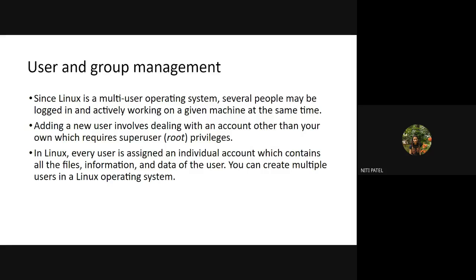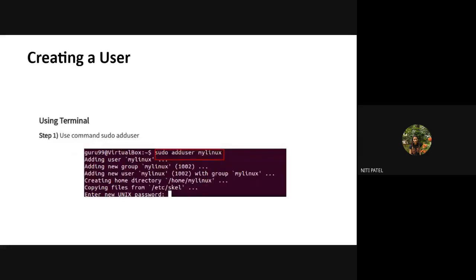Then next we had started with user and group management. Now I told you in the first lesson that whenever a user is created in Linux, by default it gets added to some group. Okay. And all the information of a user as well as all the information of a group is stored in some directory inside your Linux. Okay. So how do we create a user?